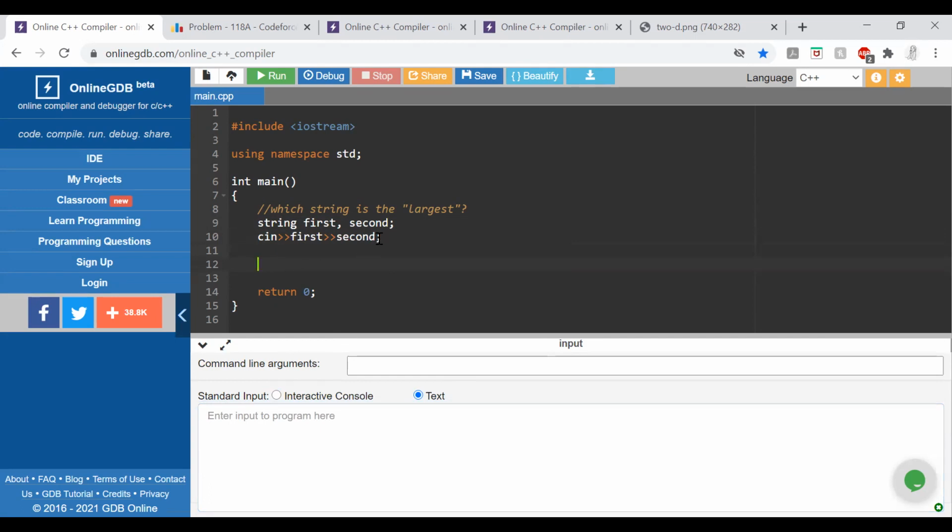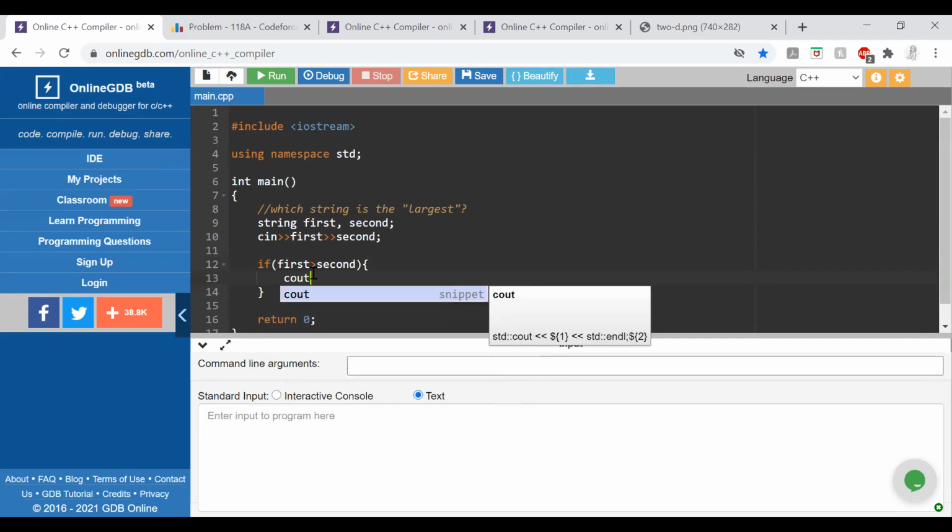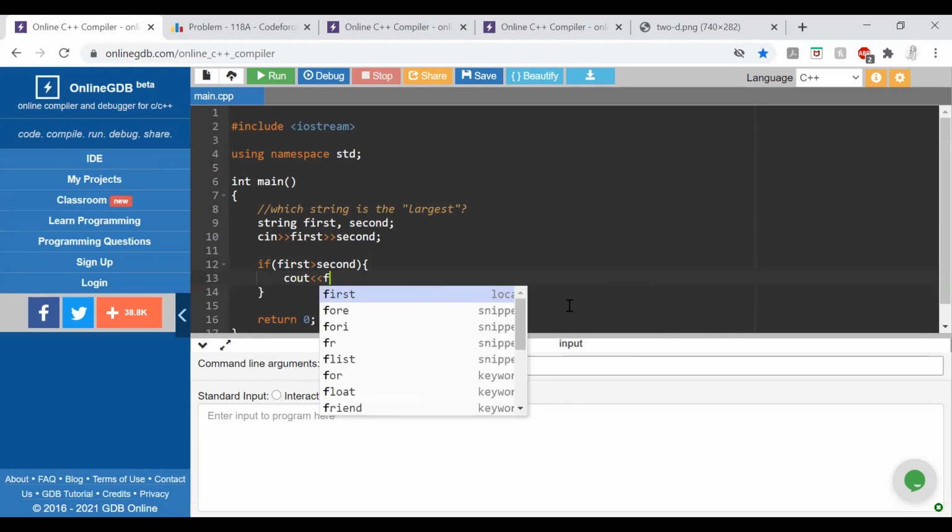With strings, we can just compare them using the relational operators that we took early on in the course. So for example, if we say if first is greater than second, this will refer to the ASCII code value of the first string and the second string. It means that first has a greater ASCII value than second. We're going to try this out now. So cout, if first is greater than second, we are going to say first